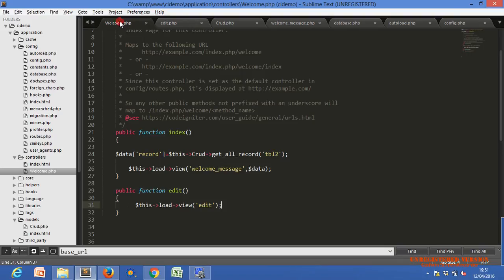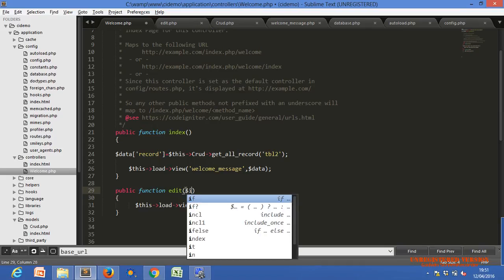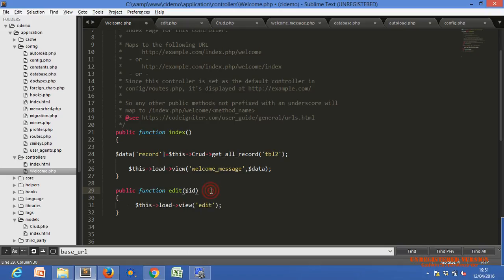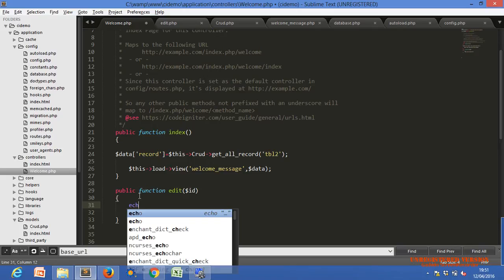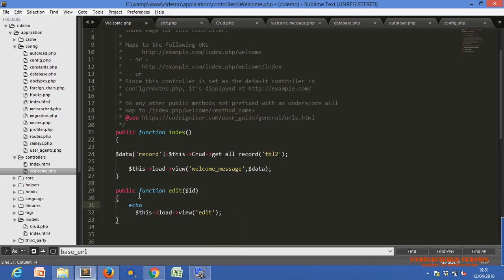We can use it here. First we have to use it in the controller. Okay, let me use dollar ID, any variable name, I just use ID. Echo dollar ID.